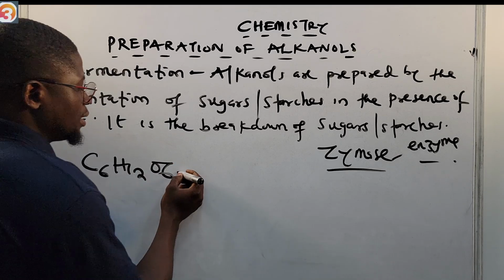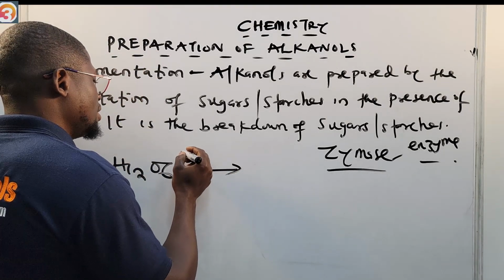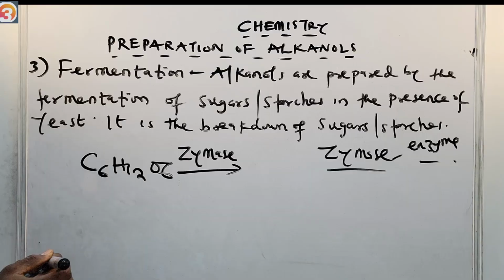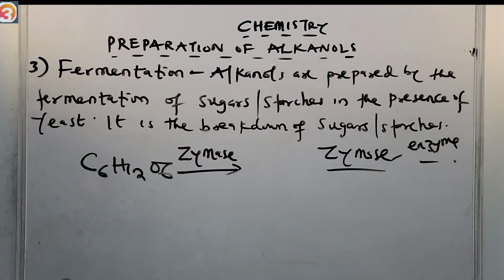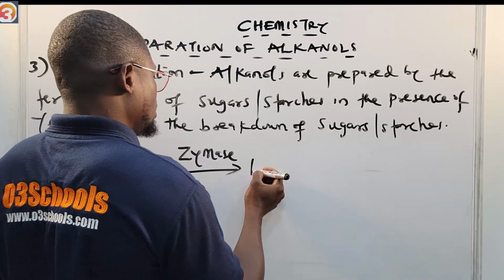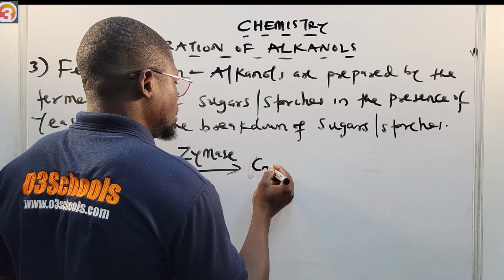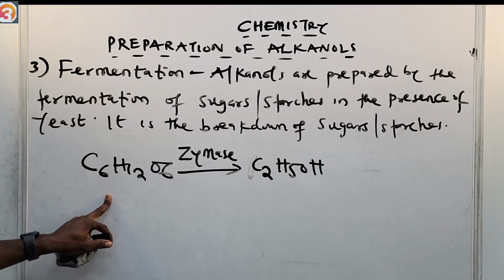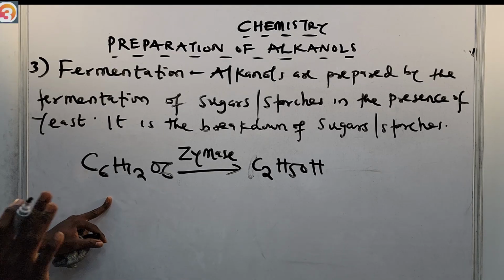All right, if we react it with our enzyme, let's say we use Z-mase as our enzyme, then of course what it will give to us is ethanol. Sorry, C2H5OH, to give us our ethanol. And then of course, obviously, not only ethanol will be given,